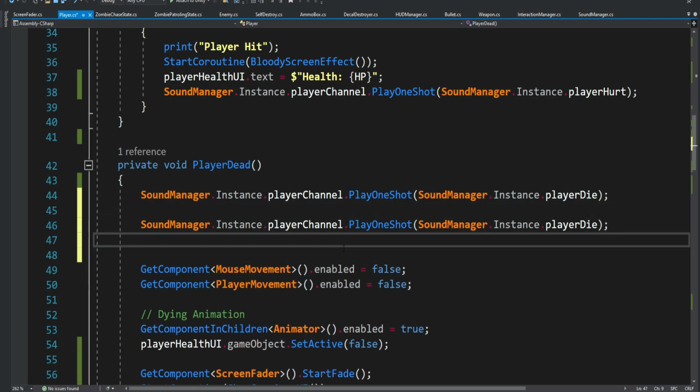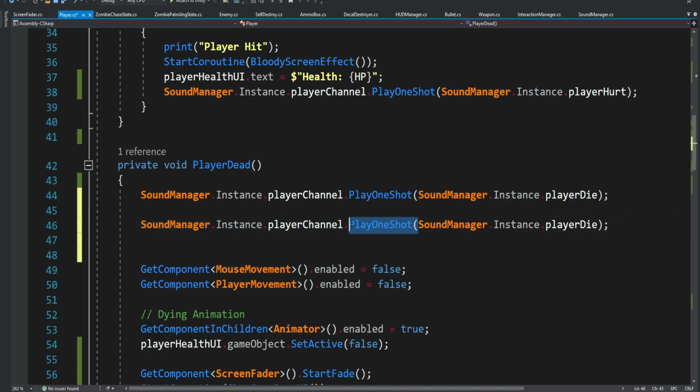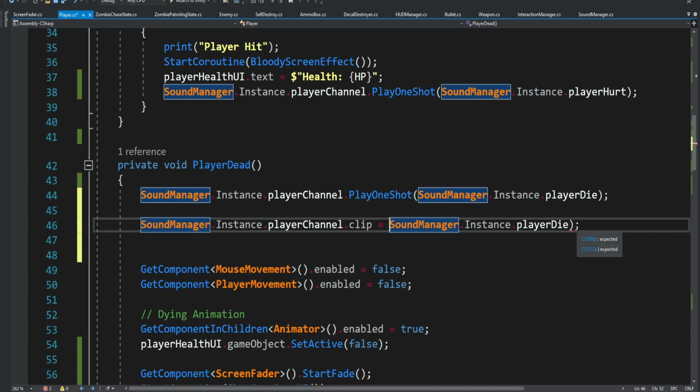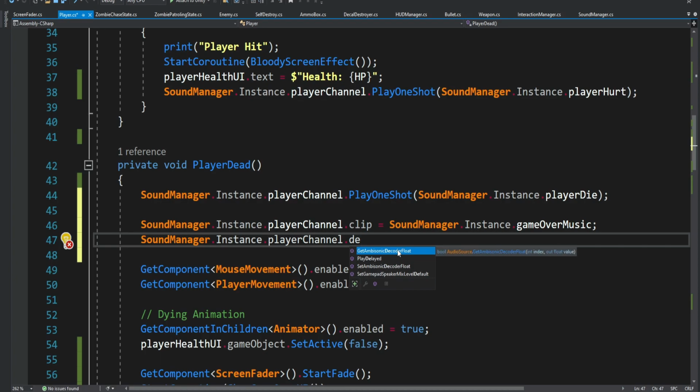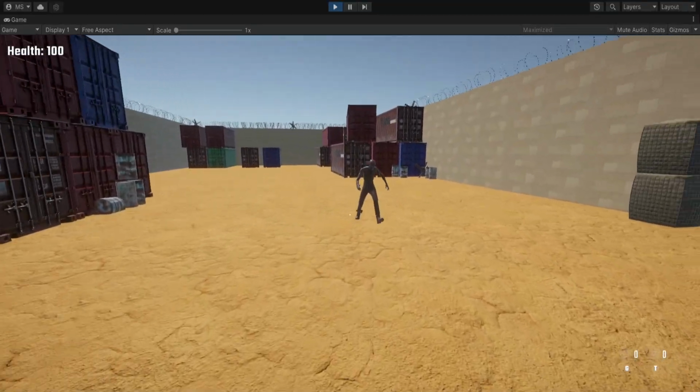And in order to create some kind of delay, we're simply going to set the sound to be the clip of the channel. And then we're going to create a delay on this channel. And the delay will be about 2 seconds. So now when we die,